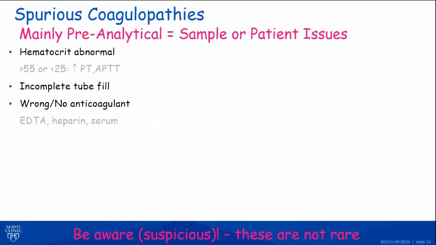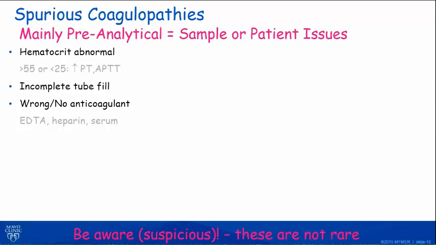Spurious coagulopathies are a big deal. They're very common, and it's the first thing one should think about when you have an unexplained result that especially doesn't fit with your expectations for the patient. Because coagulation samples are drawn into a fixed ratio of citrate to anticoagulant, a high hematocrit will cause prolongation of clotting times. The same thing happens if the venipuncturist doesn't completely fill the tube,